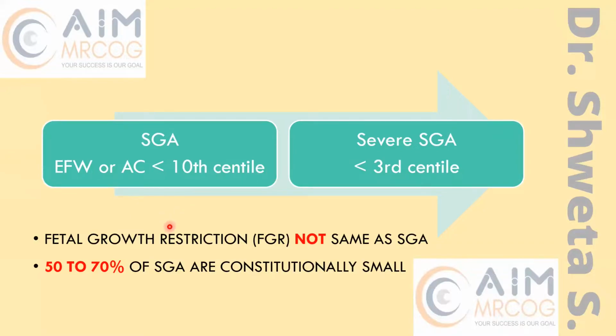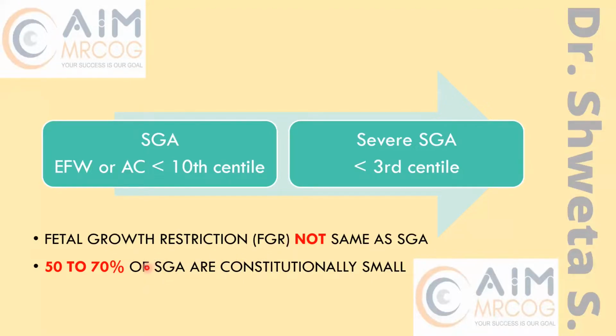Now, usually in our common practice, we use the term IUGR or fetal growth restriction. That is the term we use. But that is not the same as small for gestational age. It is not the same because when we are using IUGR, we are using it as a pathological one. And SGA means small baby, which could be constitutionally small or it could be abnormal. So it could be physiological or pathological. That's why this is not a synonym. IUGR or FGR is not a synonym of SGA. All the IUGR babies will be SGA, but all the SGA babies will not be IUGR. That is what we have to